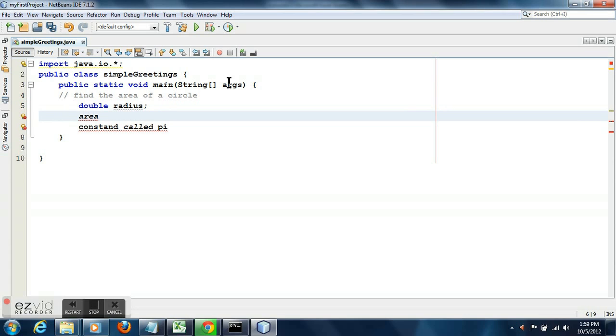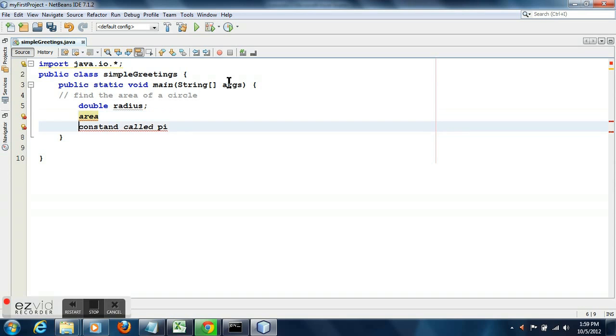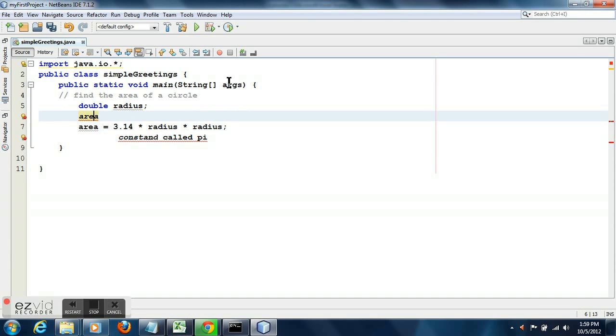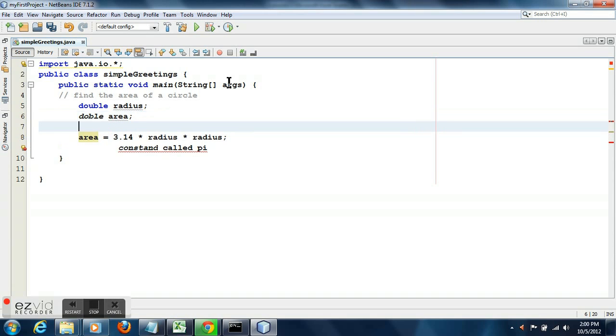Then what is a radius? Now a radius can be an integer or it can be a decimal number like 4.3 centimeter. So I define it as a data type of double. Double means it can have a decimal value. So radius is defined as double, and the formula of area is 3.14 into radius into radius. And area also will always be double because area will be of decimal value.